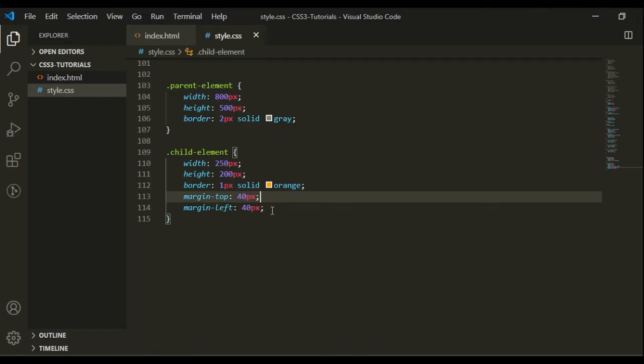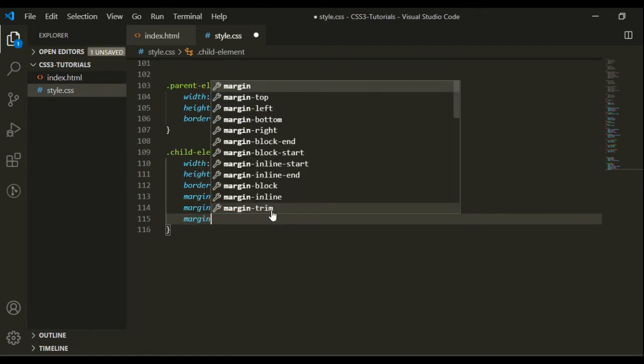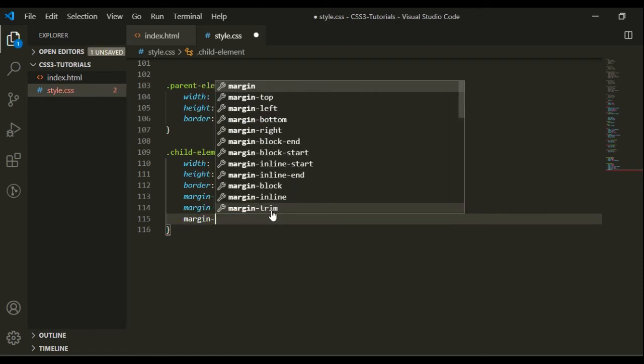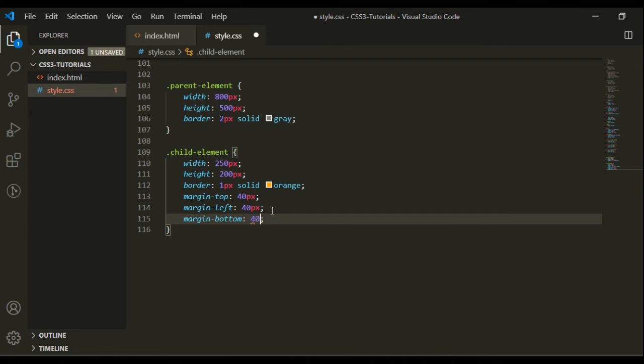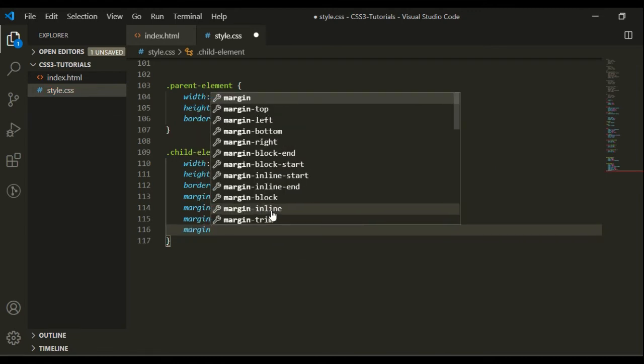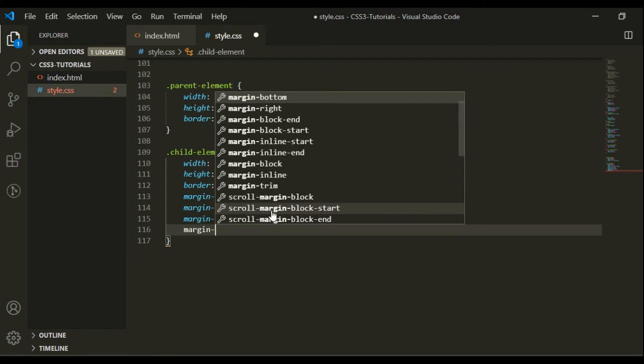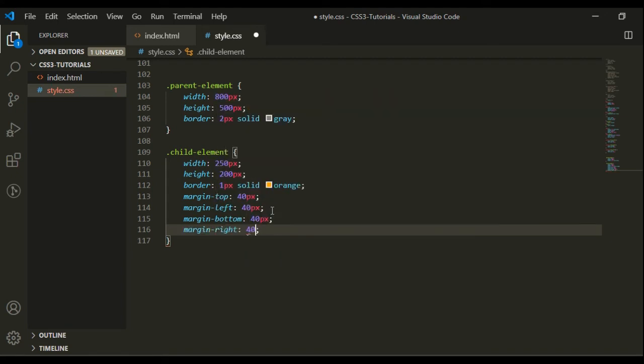Suppose I want to give 40 pixel space from all sides for this element, then margin bottom 40 pixel and margin right 40 pixel.